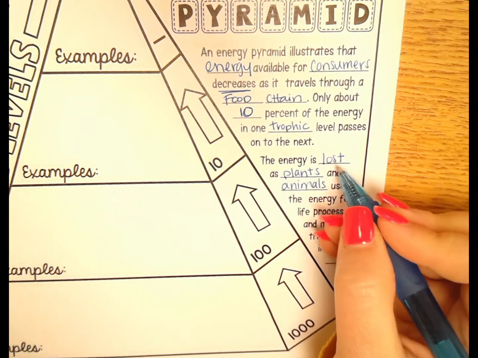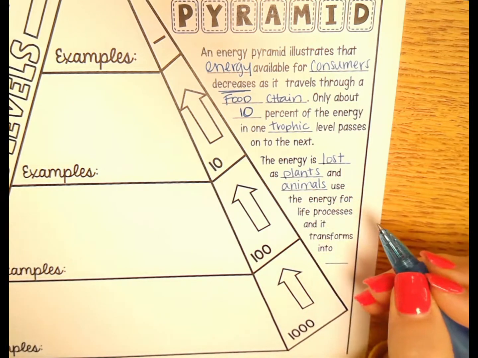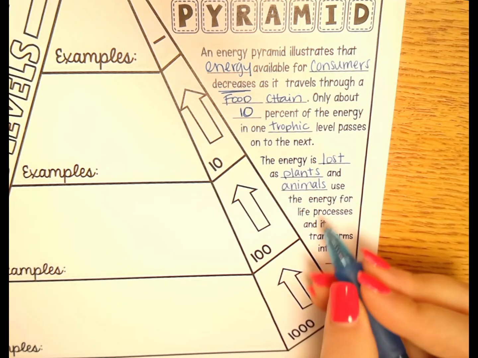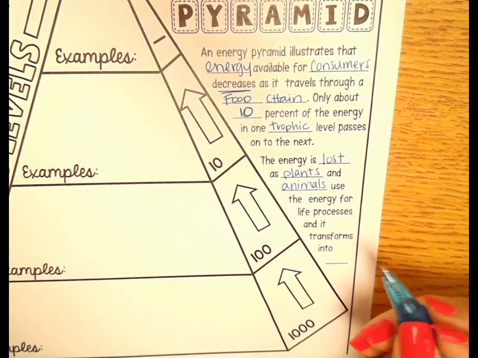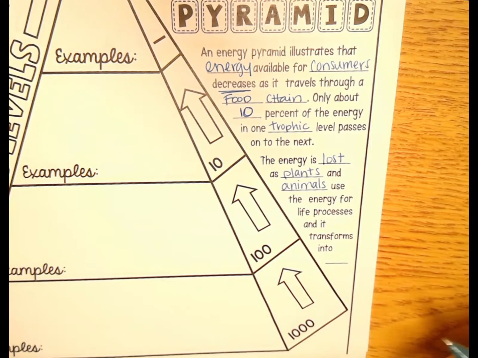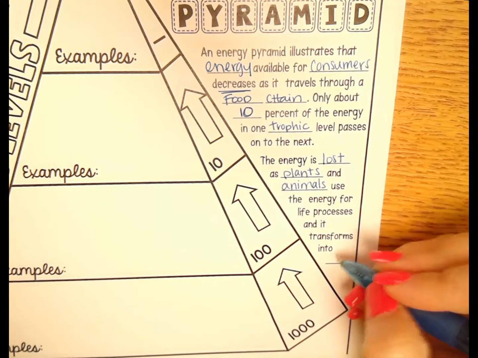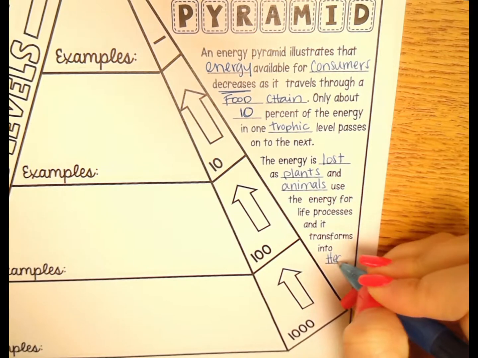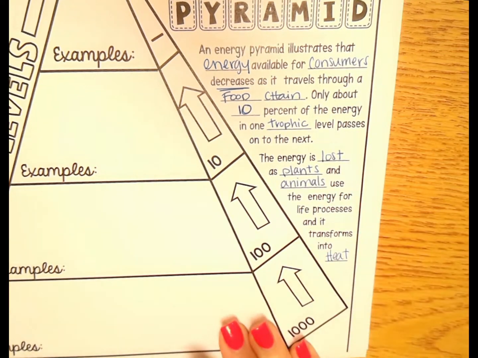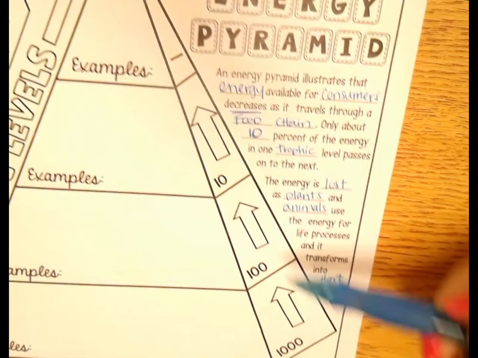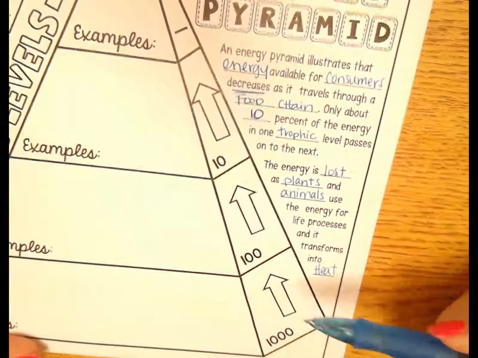So we say lost, but remember, energy cannot be created or destroyed. It's just used to do something else. It's changed to a different type. A lot of the times, organisms, especially warm-blooded organisms like ourselves, transform that into heat energy. Okay? So if we look over here on the side of our pyramid, we're going to kind of walk through